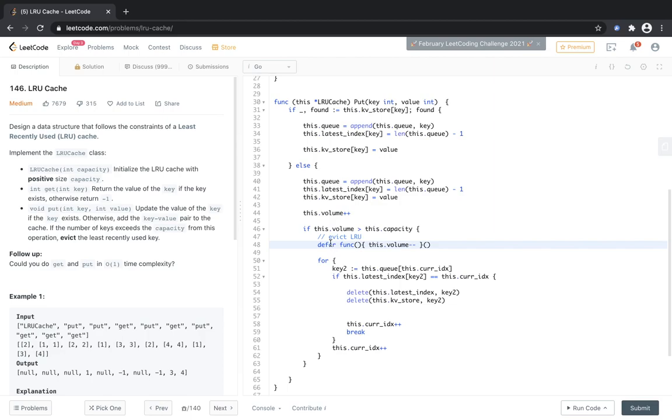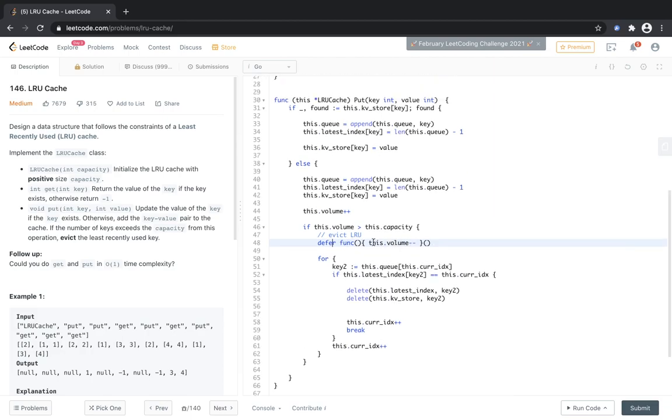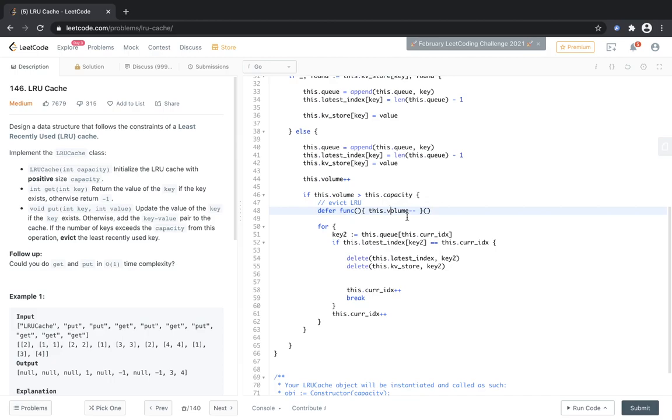So you can play with this if you want. Defer is just like, wait for the function to end, and after this call ends, just before ending this call, this function. So just before ending this call, we know that since we are inside this, the volume has incremented, we need to decrease the volume also, so this will decrease it and it will end the function.